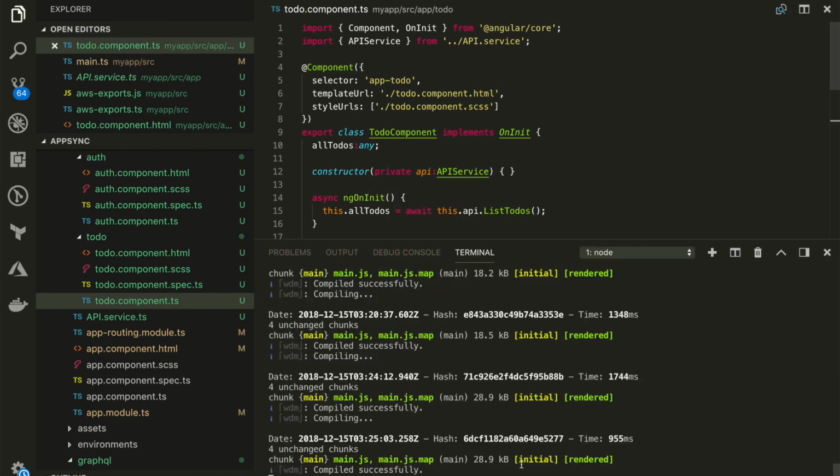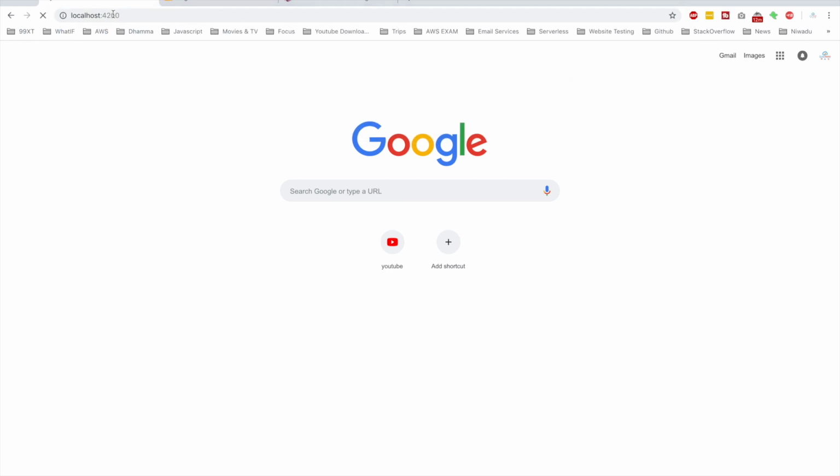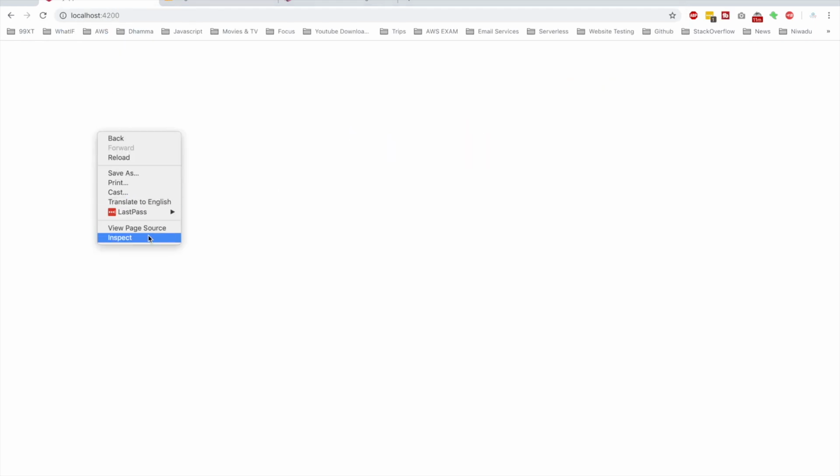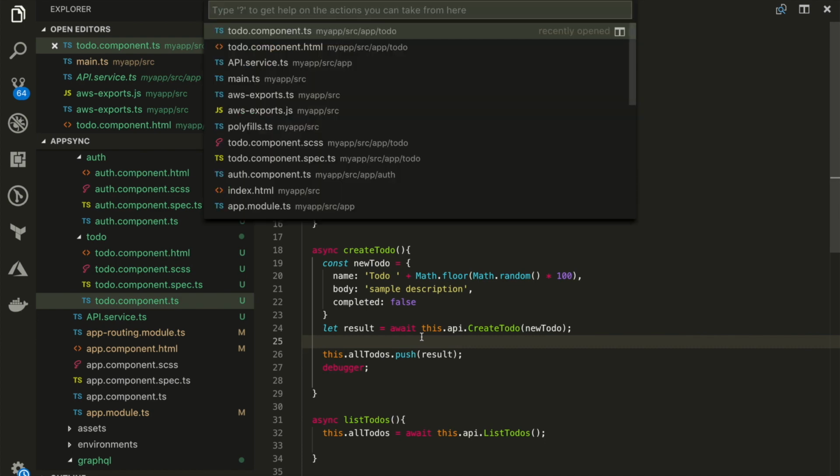Okay. Let's see if it is compiling all right. Yes, I think so. And I will go to localhost 4200, nothing. Let's inspect it. Process is not defined. I think there's another problem in Angular 6 where we need to use another shim for that. So let's go to